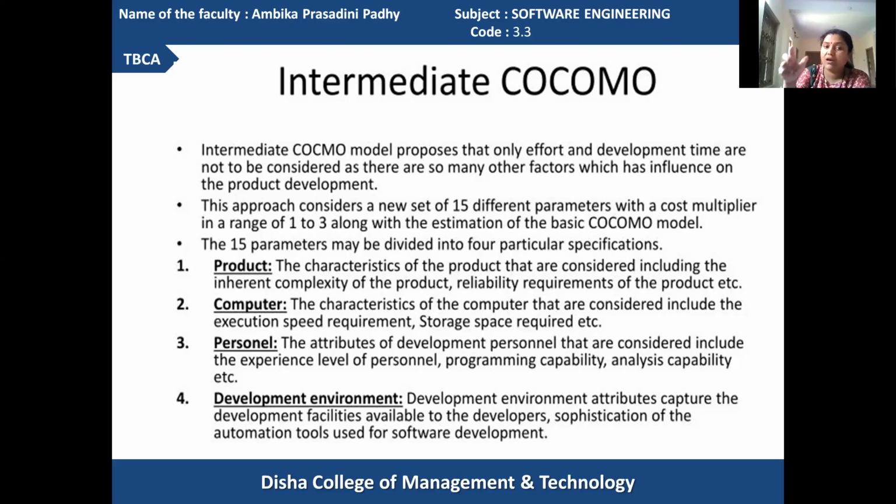the sophistication of the automation tools also puts a greater impact on the effort and size and cost required for developing the product. Because how accurate the tools are, how convenient the tools for automation you apply, accordingly the product will be more neat and clear. And the time required for developing the product also can be minimal or according to the real requirements.